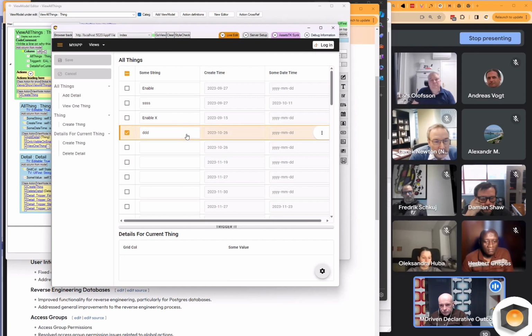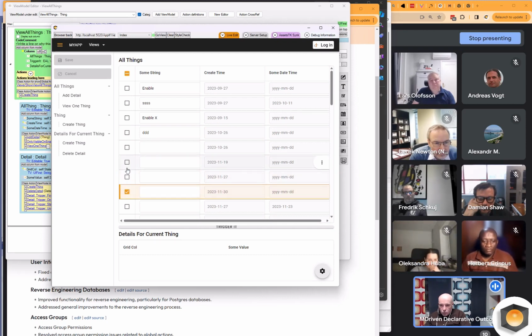So once you have said that one of your web grids should be multi-select, there's a column up here, and up until recently this was basically the only way to create a multi-select.